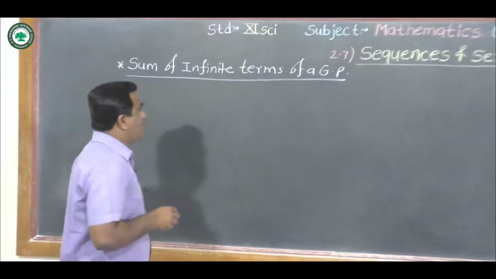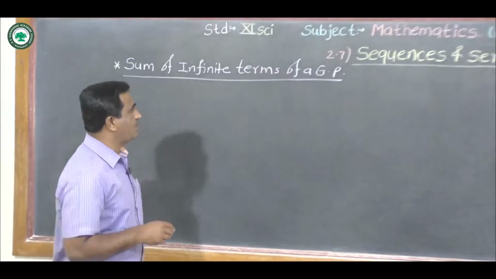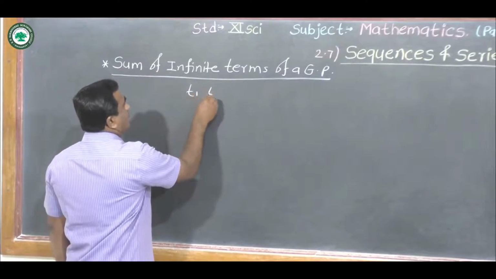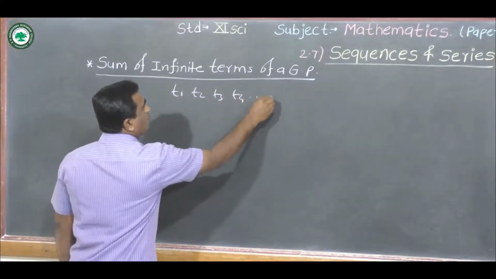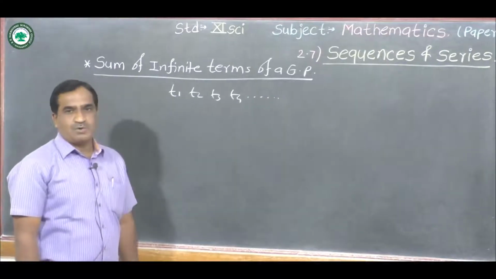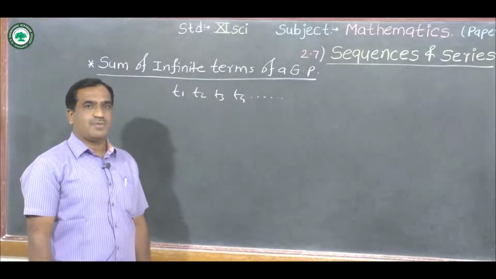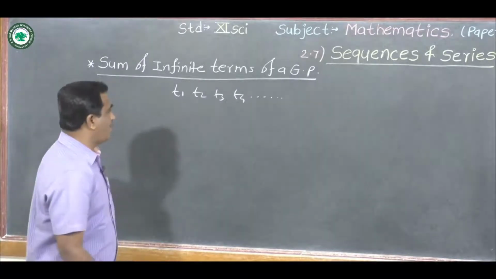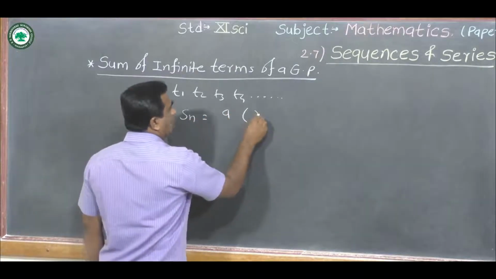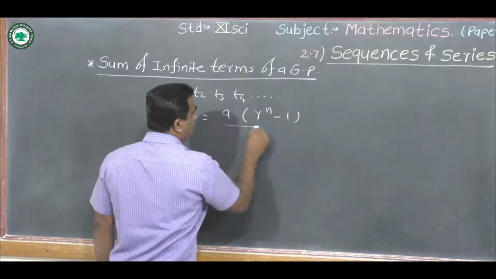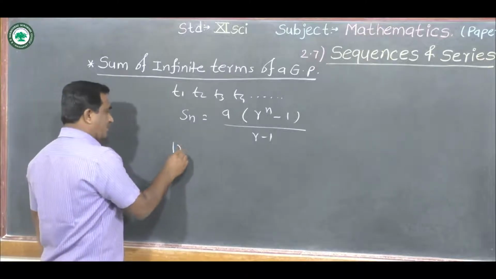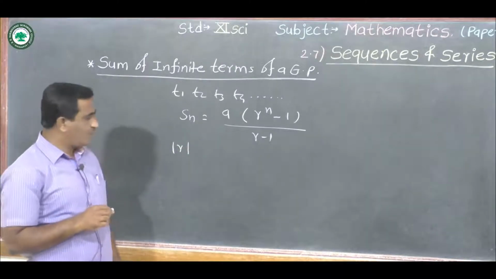Now consider a geometric progression. Consider geometric progression of positive terms like this: T1, T2, T3, T4, and so on. There are infinite terms in a geometric progression. Now we know that the formula for the sum of the first n terms of a geometric progression when r is greater than 1 is Sn equal to a into r raised to n minus 1 upon r minus 1. Okay. Now if we take modulus of r, means common ratio, modulus of r,